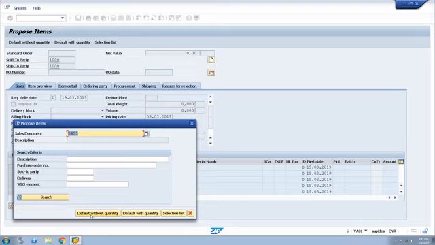Now you have options. Do you want to copy all the items without quantity or with quantity, or do you want the user to select them? I'll just select the default, with quantity.